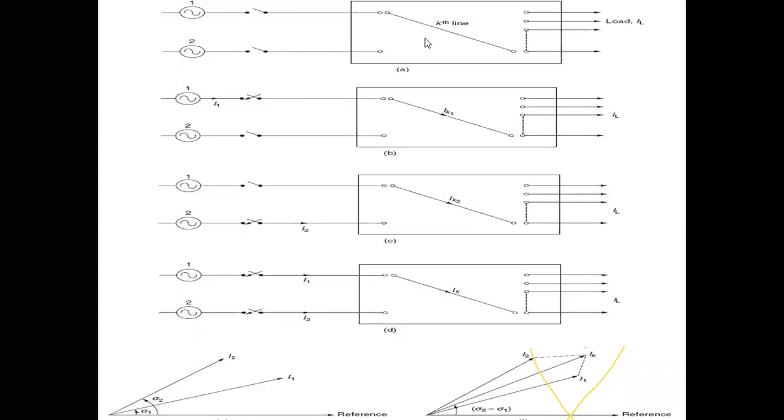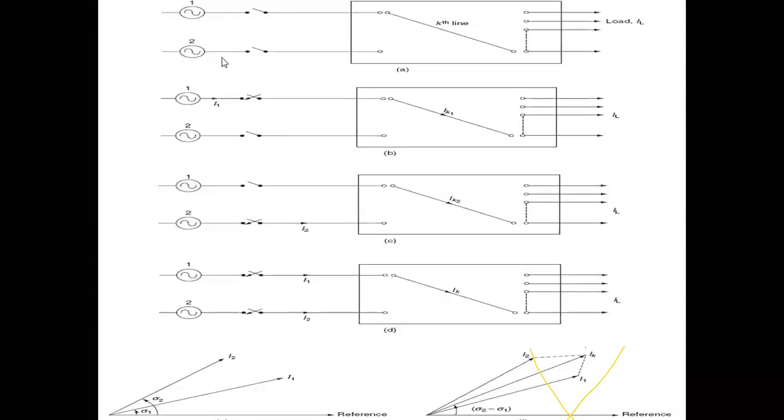Out of the n transmission lines, we are taking only one line for consideration, the kth line. In this kth line, we need to find the current. Once we find the current in the kth line, we can find the power loss in the kth line. But before finding the power loss, we must find the current. So how do we find the current when we have two sources?